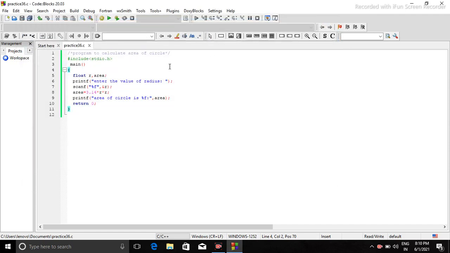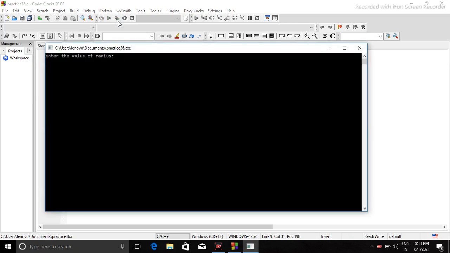If we change %f to %d, let us see what will be the output. We are experimenting here to see whether there is any error or any change in the answer. If we take radius 3, we are getting a random value. Why?